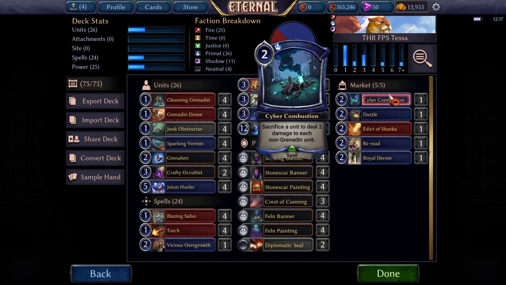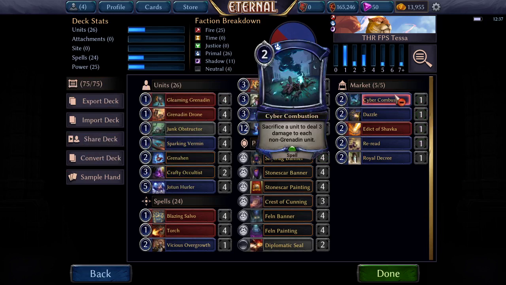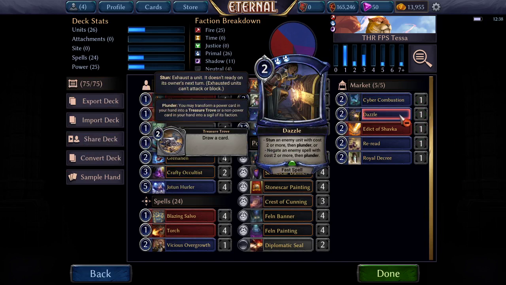Now to the 5 market cards. Cyber Combustion is an option to punish decks that go wide. It's really, really good if you have a Tesseract out, because then the damage has decay again, and you draw 2 cards. Dazzle is a solid way to protect your Tesseract,